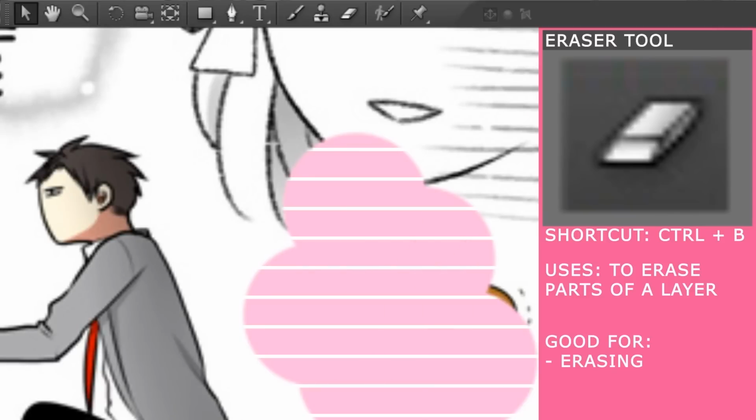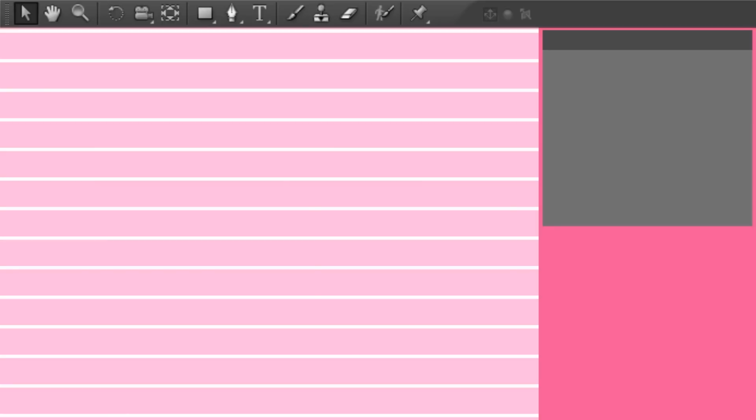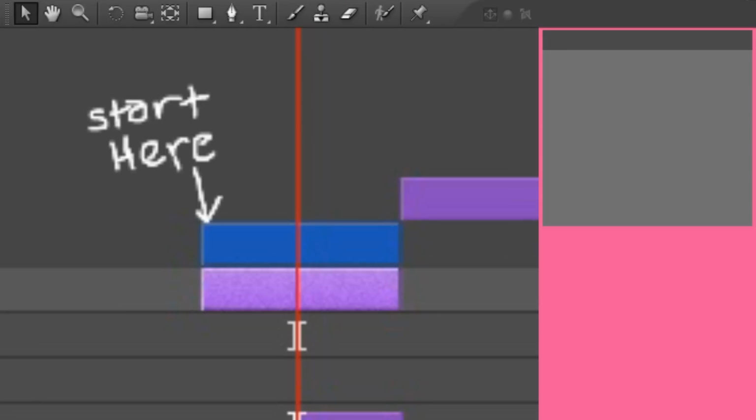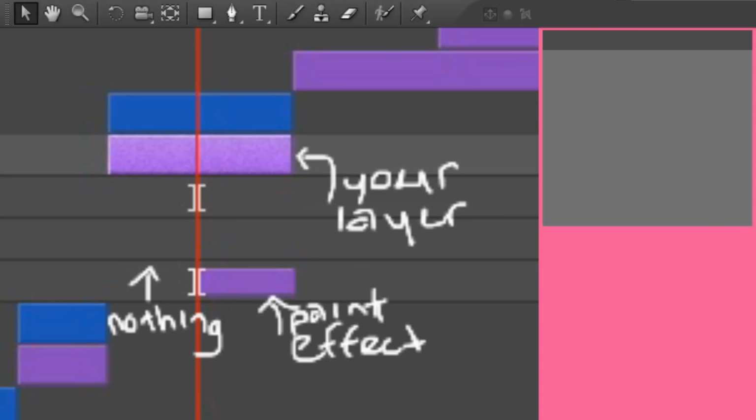It just erases. One thing you need to know is that if you're painting or erasing, make sure you're at the start of the layer before you click the layer. Also make sure it's on full quality. If you don't start painting at the start of the layer and you do it in the middle, the paint tool will only show up from the point that you start.